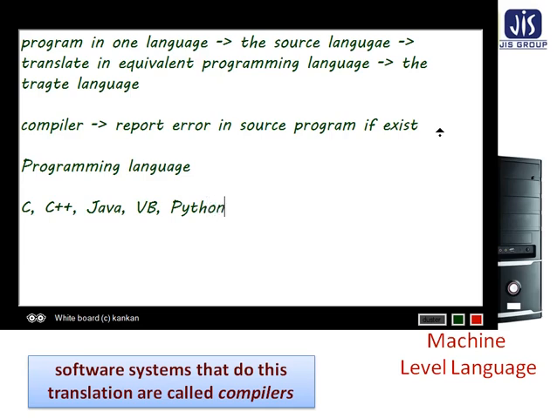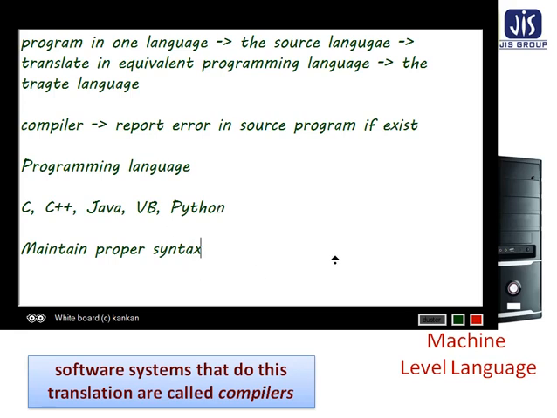These are all programming languages. Using these languages, you need to maintain proper syntax.